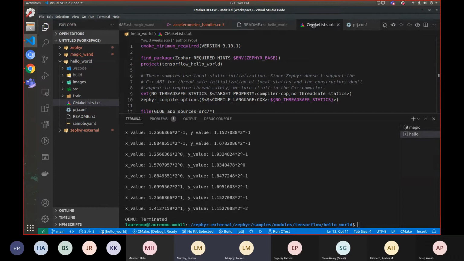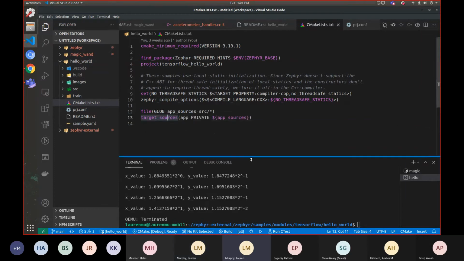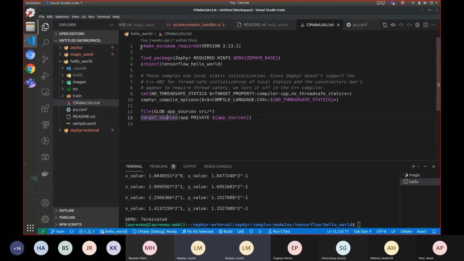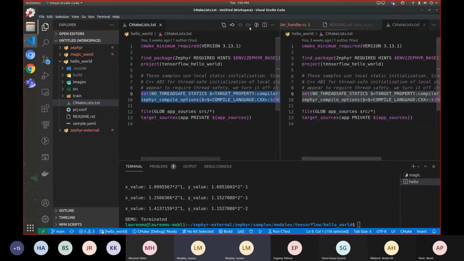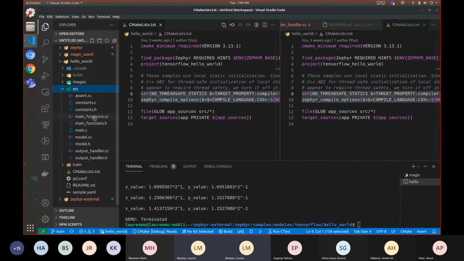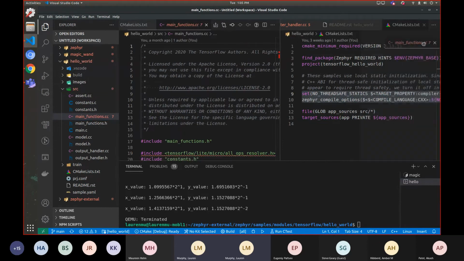So let's continue. Right. So the CMake file, this is all pretty standard Zephyr fare. I won't really re-explain to you because I feel like that'd be boring. But for people who are curious and they see this in the app, you may not need this for your own TensorFlow app. If you don't use constructors, if you don't use local static initialization, then let me show you what local static initialization looks like for people who are unaware. Split left, and we'll look into the source, and I believe on the make functions, it should be